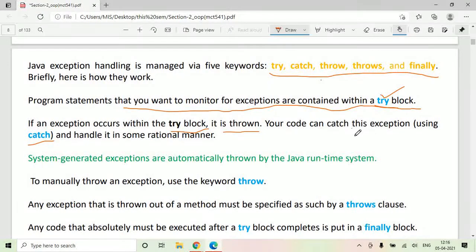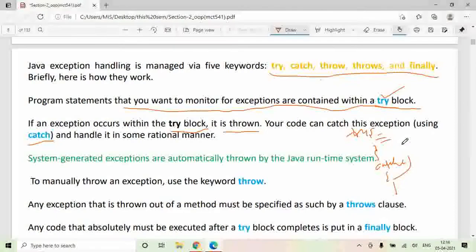So basically try and catch form a pair, wherein the set of statements, the lines where you expect a certain sort of exception or runtime error, you write in the try block, and if some exception occurs, it creates an appropriate object to represent that type of exception, and throws it to the immediate catch block, wherein that exception is caught and processed accordingly.